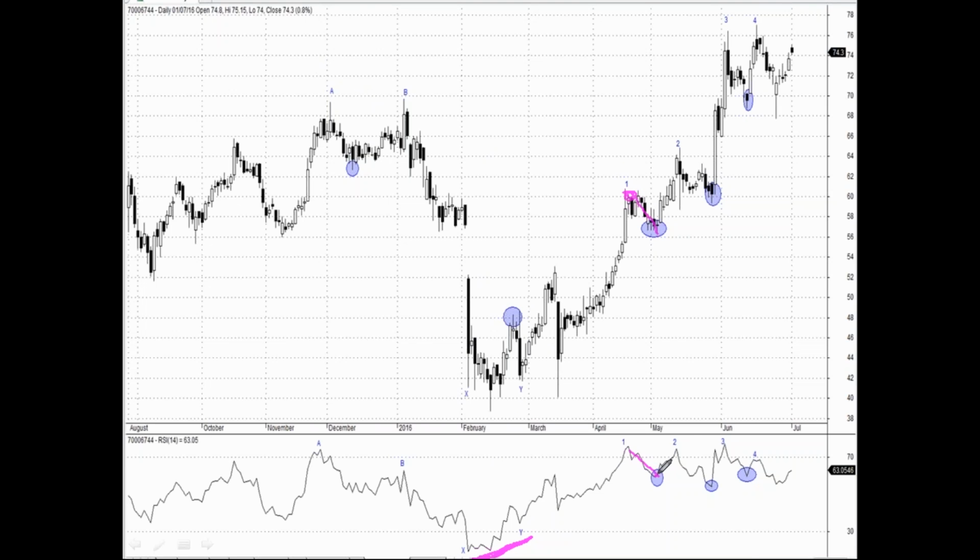Then RSI moves above 70, prices correct. Then again it moves above 70, prices correct. Take positions at every fall, and again this move. What a move! Again it moves to the overbought zone. You take your trade, again it falls down here, and this time it fails to move to the overbought zone here. You exit. As simple as that. It can't be more simple than this.